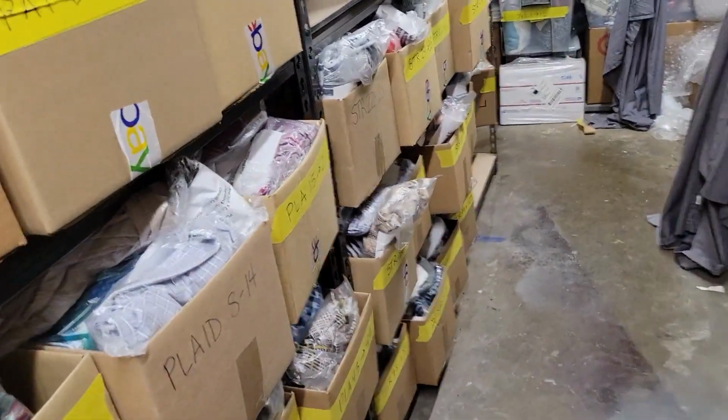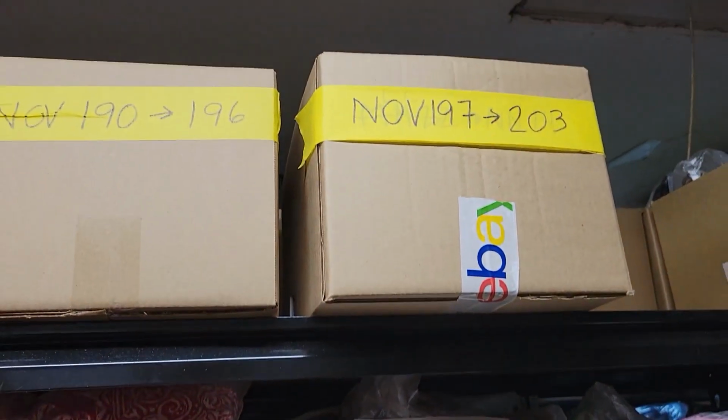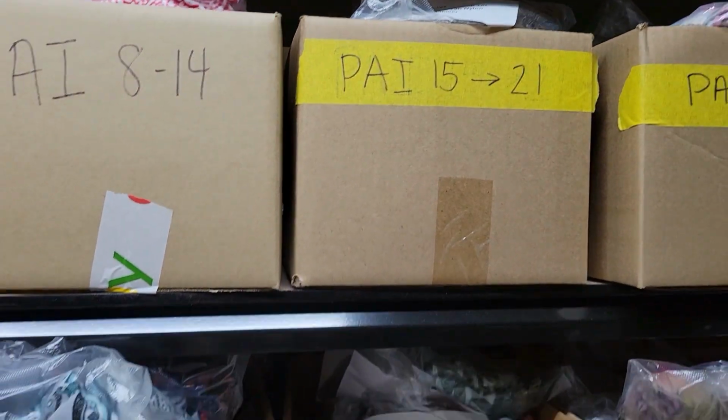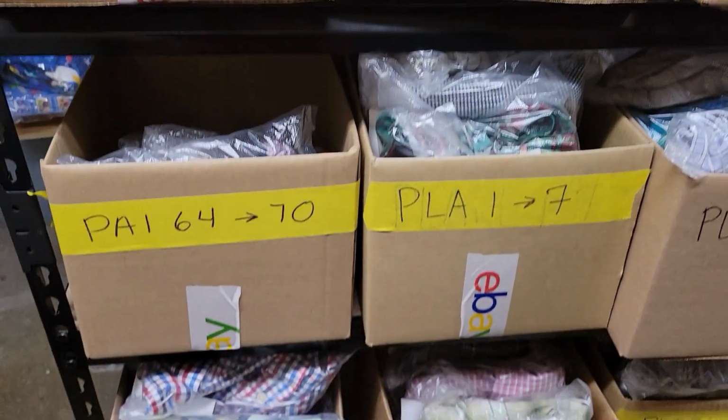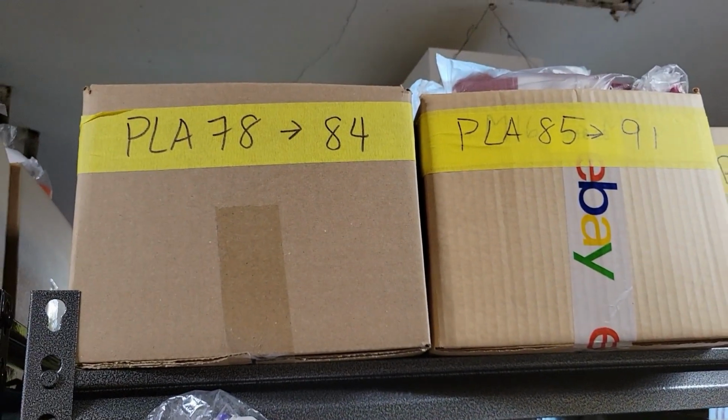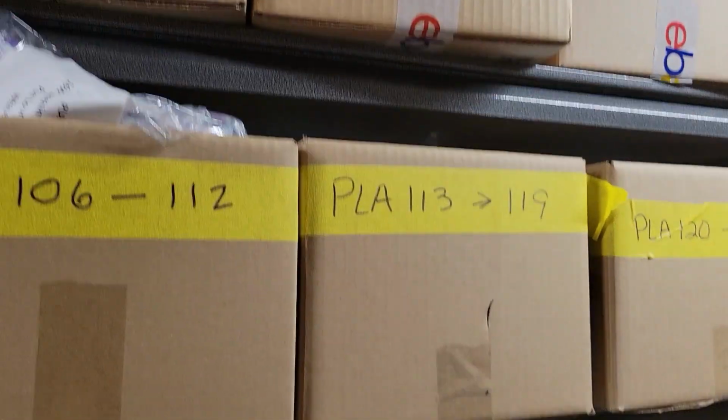You have to be very, very, what do you call it, flexible. More novelty here. They stay in order, they're just maybe on different stuff. Here we go, paisley, and then plaid. But these are all in alphabetical order. Animal print through watercolor. They're in order of alphabetizing. Plaid, stripe,